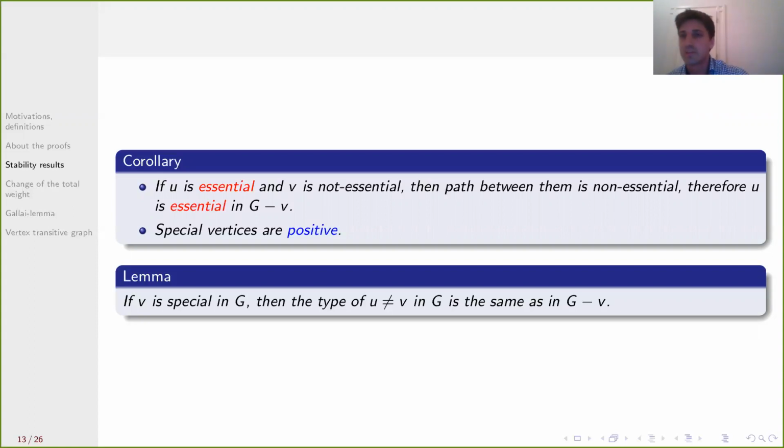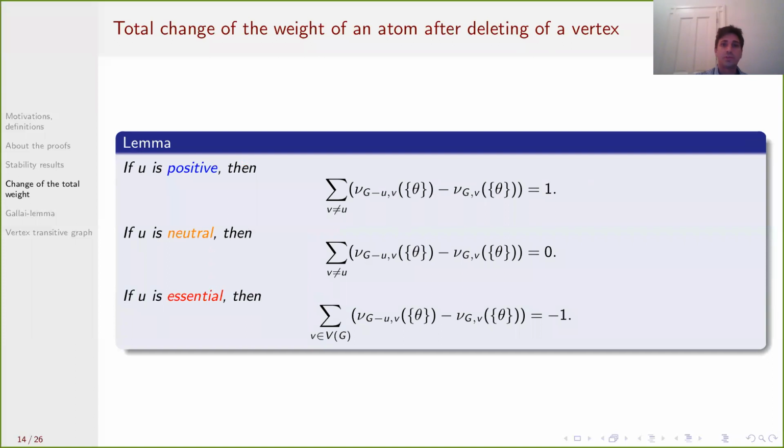So far we only see that if we delete a special vertex, essential remains essential, but I'm claiming that it's more true. It's now easy to put together all the pieces on your own. What you have to bring from the stability part is that deleting specials doesn't change the type of the vertices. Okay, what about the total change of the weights? For that, we have this